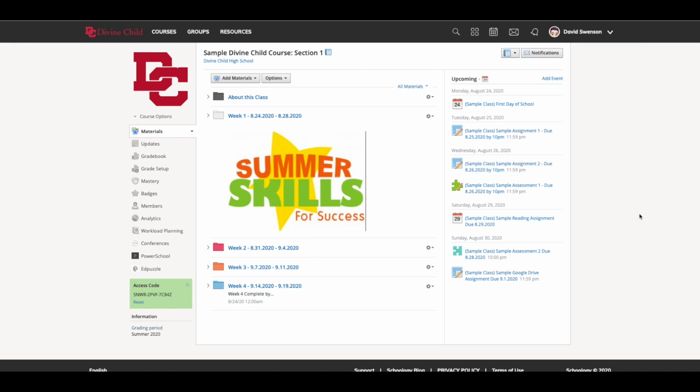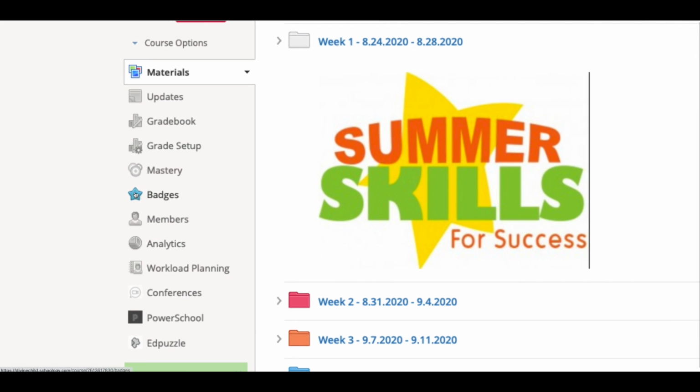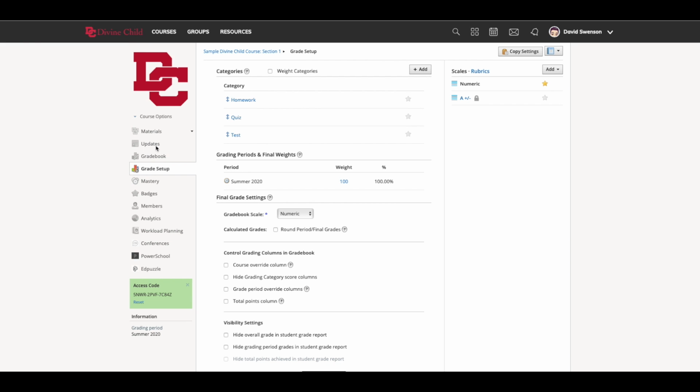Next up, as we develop our Schoology courses, we want to focus on setting up our grading and our categories that we can use when we create assignments, tests and quizzes, or discussions. So on the left-hand side, you'll see two options. We have the gradebook and gradebook setup. So if we dive into grade setup, we see